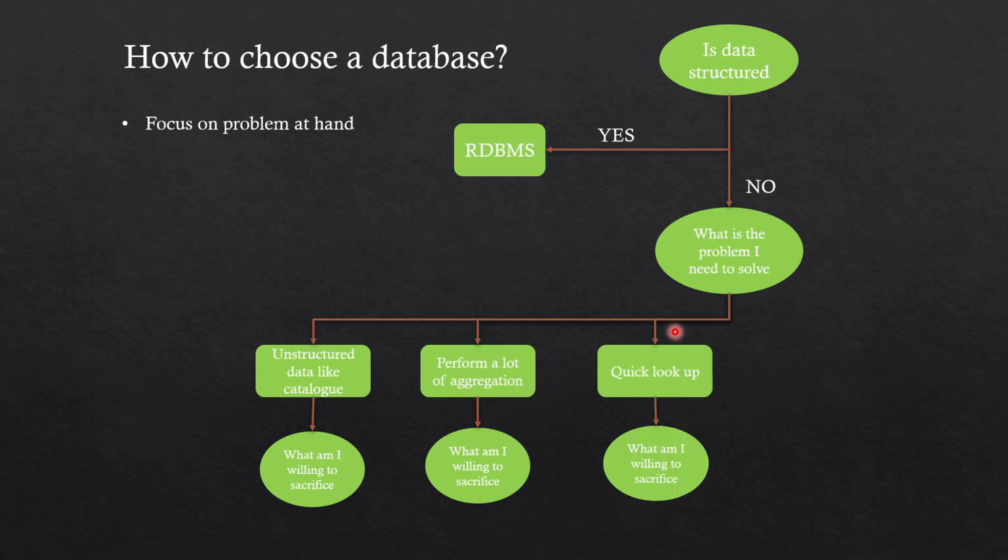Now when you choose this, again you have to answer the same thing. Okay, you want a quick lookup of data, but what is it that you want to sacrifice here? Do you want your data to be consistent, or do you want availability, or partition tolerance? Now if you have a distributed system and you want a consistent system, you have to give up one of availability or partition tolerance. In the case of NoSQL, partition tolerance will always be there, so generally you will deal with either consistency or availability. You have to lose one of these two.